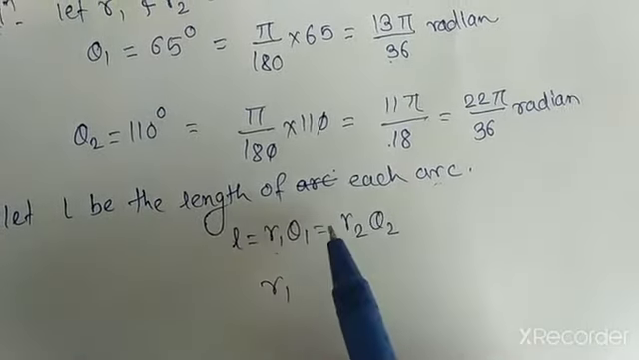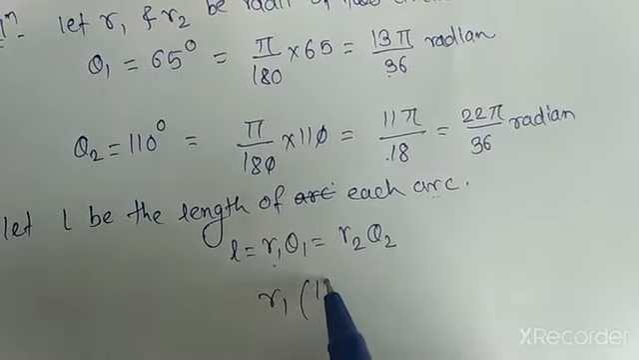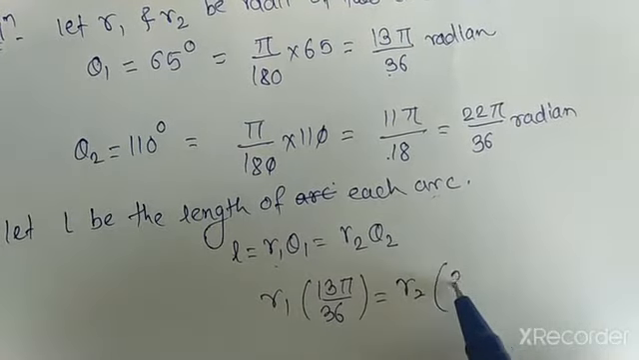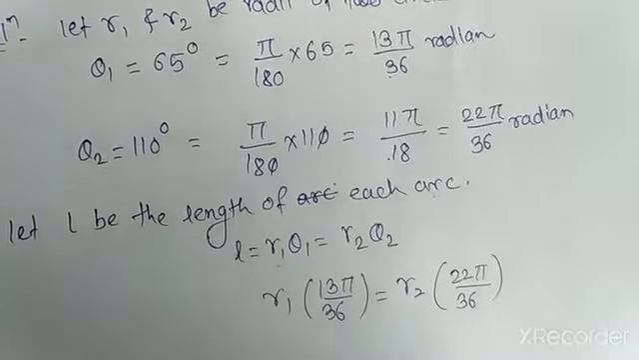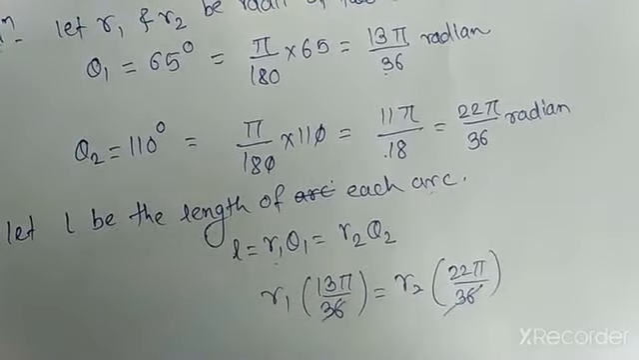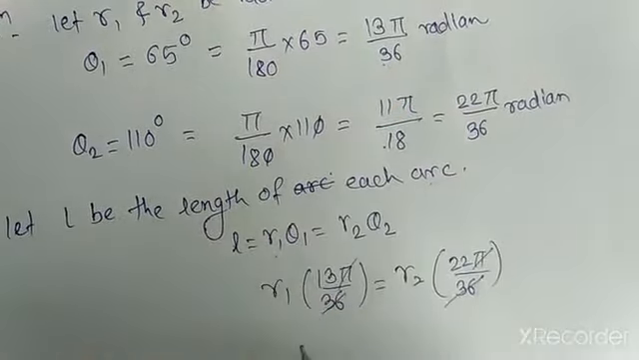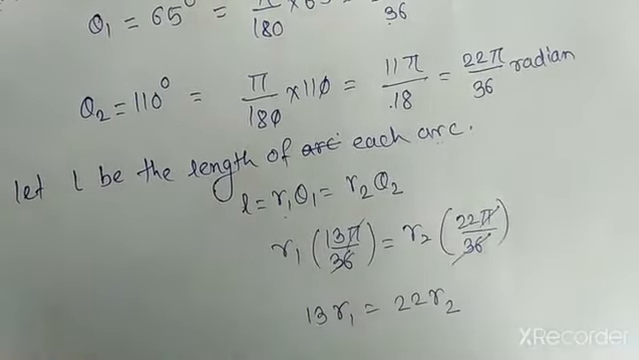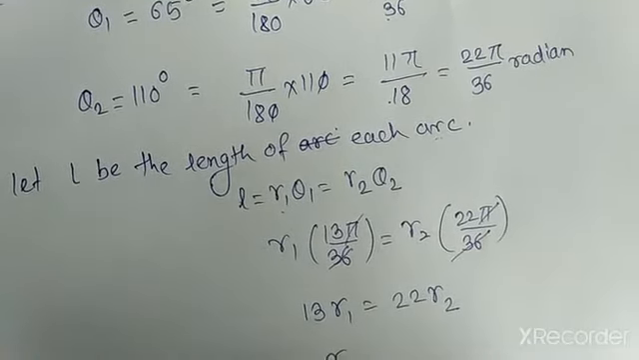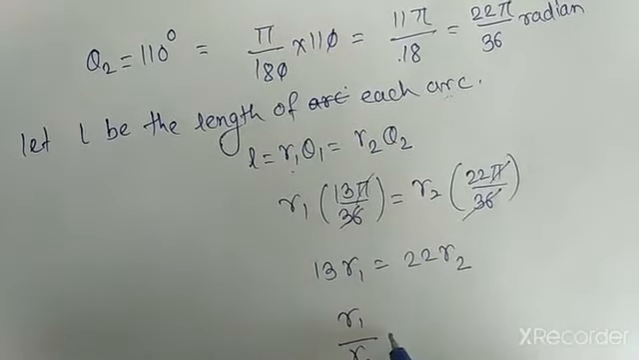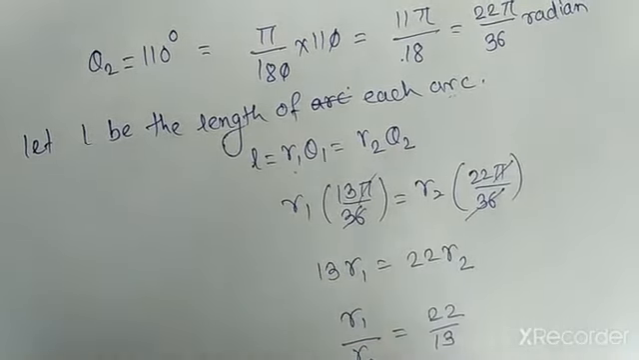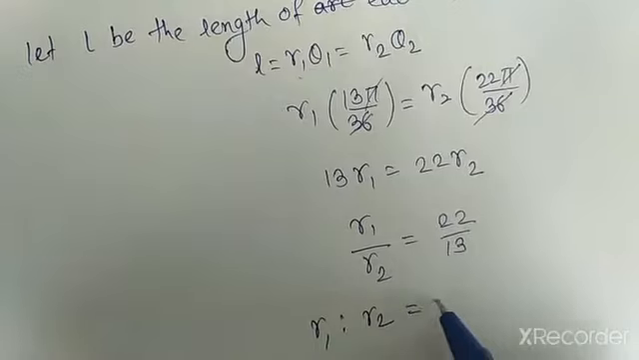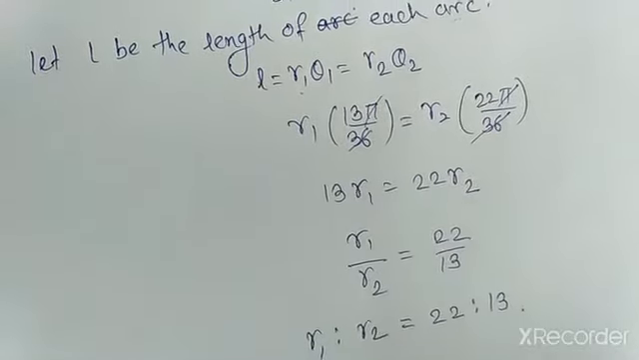which gives r1 into theta 1, which is 13 pi upon 36, is equal to r2 into 22 pi upon 36. So the denominator is same on both sides, and pi also gets cancelled, so it remains only 13 r1 is equal to 22 r2. So r1 upon r2 is equal to 22 upon 30. So the ratio r1 is to r2 is equal to 22 is to 30. Okay,